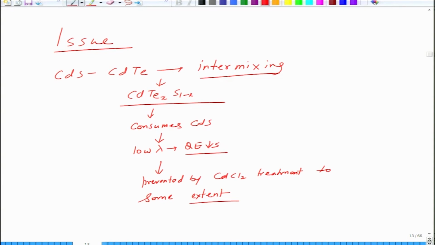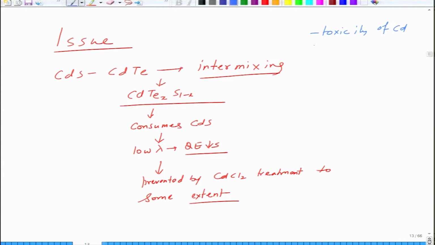There are certain other issues such as toxicity of cadmium. However, there are both supporters and detractors of the same thing. Some people say cadmium is very nasty, it will pose health concerns, but the other people say that there is not enough cadmium in it to matter, and since the solar cell is going to be recycled in a safe manner, there is no way cadmium is going to leach out so much. So there are both sides, but in the end disposal must be safe. So safe practices in terms of recycling and disposal are needed, and processing should be made more environment friendly.